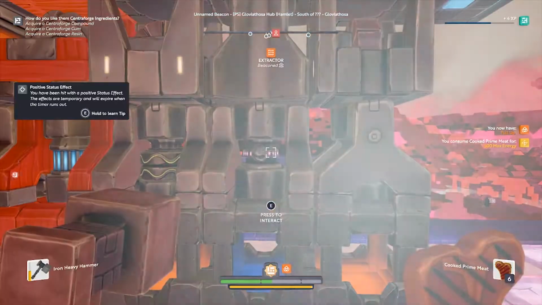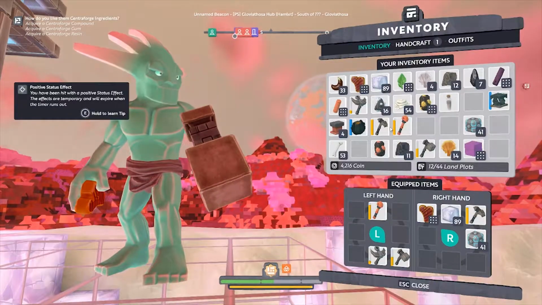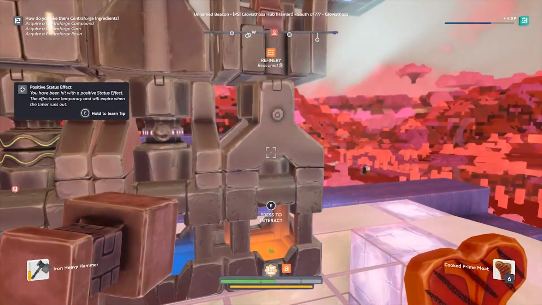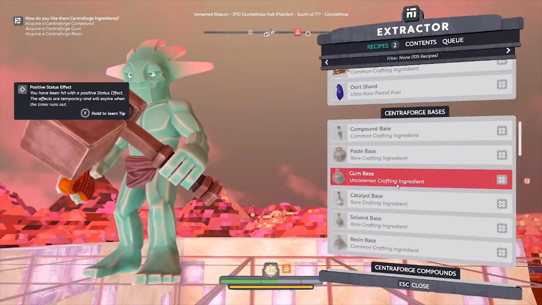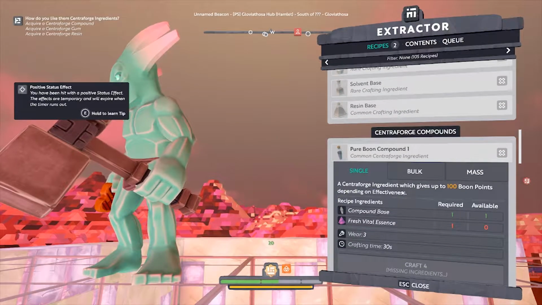I guess not. Alright, so we've got our acquire a centriforge compound that should take it off on the top left, unless this is just a basic compound. All right, so now that we've gotten that, let's look at... Did that actually open something up for us or no? Okay, so now that we have the compound base, now we need...